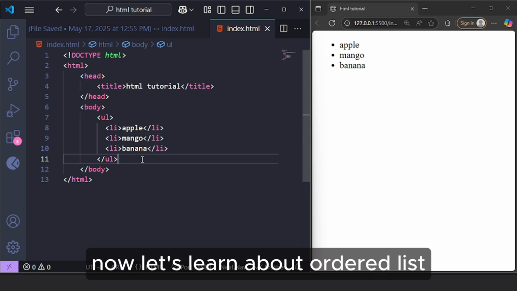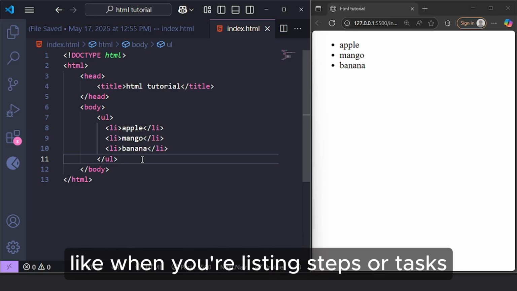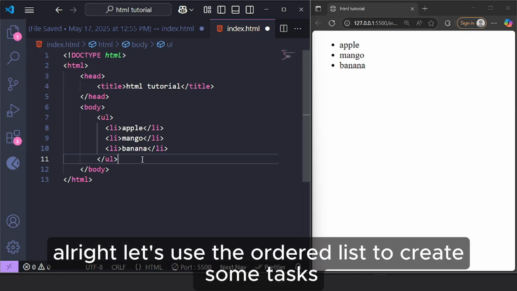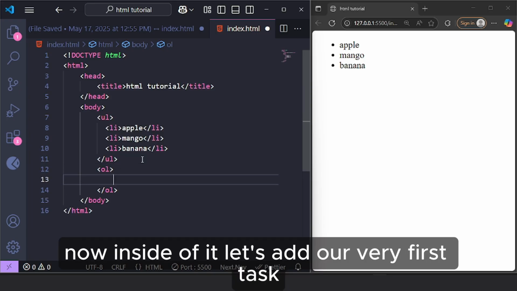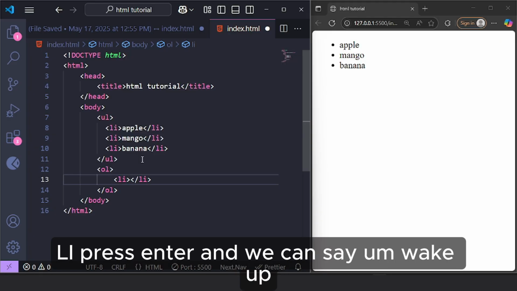Now let's learn about ordered list. An ordered list is used when the order matters, like when you're listing steps or tasks. All right, let's use the ordered list to create some tasks. Right below this UL tag, type OL and press enter. Now inside of it, let's add our very first task, LI, press enter, and we can say